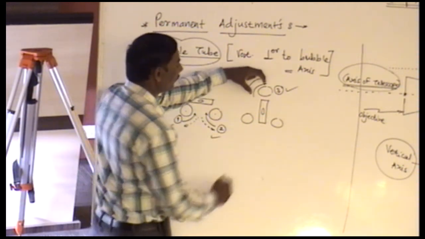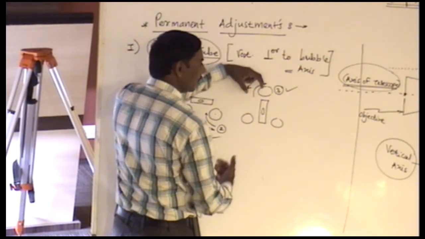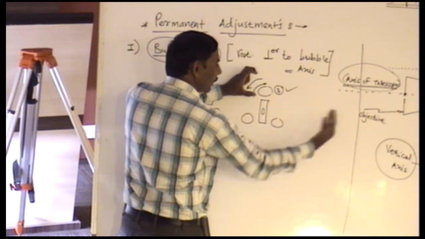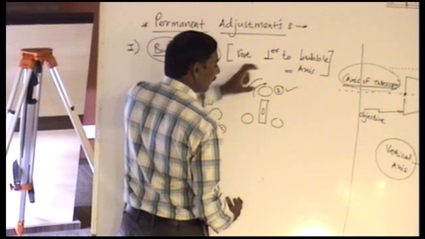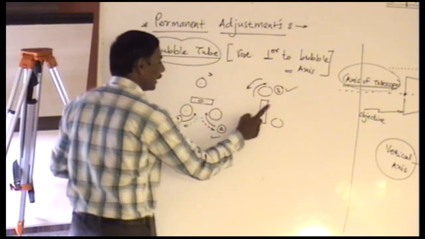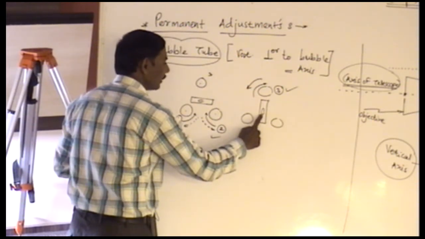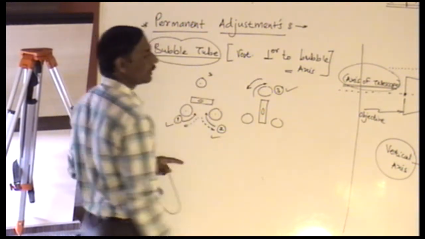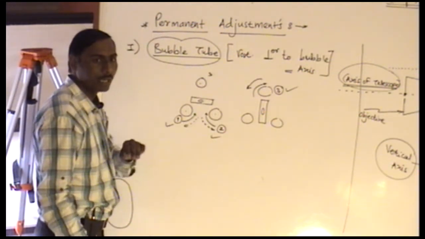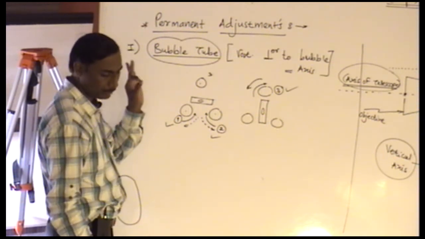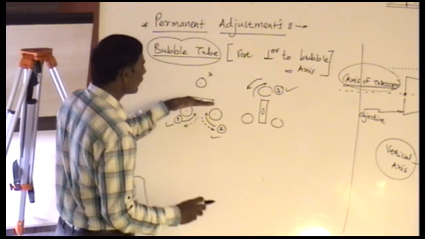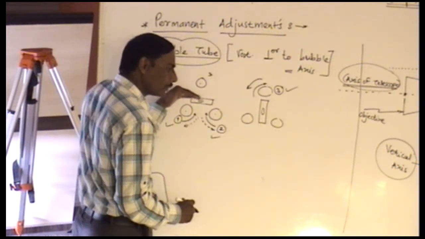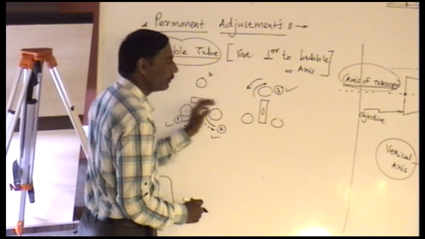Same is over here. When the bubble is to be taken down towards me, it will be anti-clockwise. When it is to be taken upward, away from me, it will be clockwise. So that decides. Again, for this position, the bubble comes at the center. This procedure is to be repeated till the bubble remains at the center for both the positions without touching the screw. That is the restriction. One stage will be there, one, second, third, fourth, maybe fifth time or maybe sixth time. The bubble will be at the center.